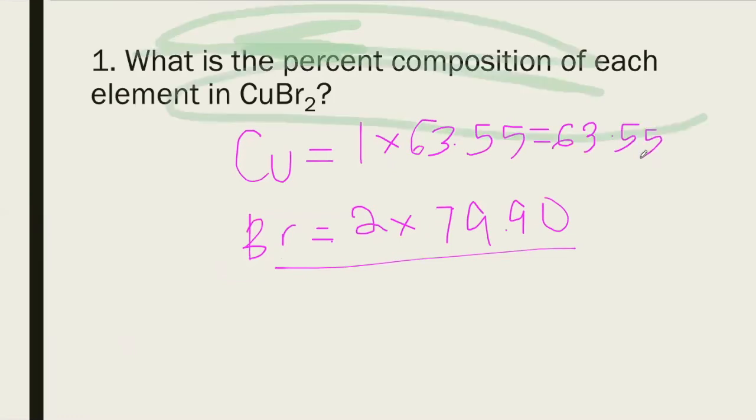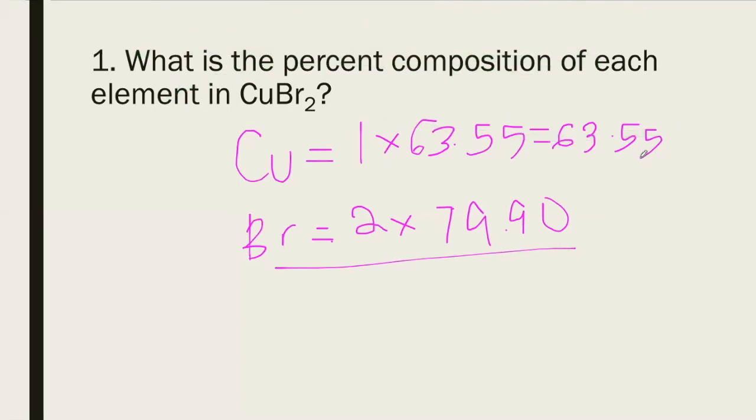And Br is 2 times 79.90, which will give us 159.8. So add that together. So magiging 159.8 plus 63.55, which gives us